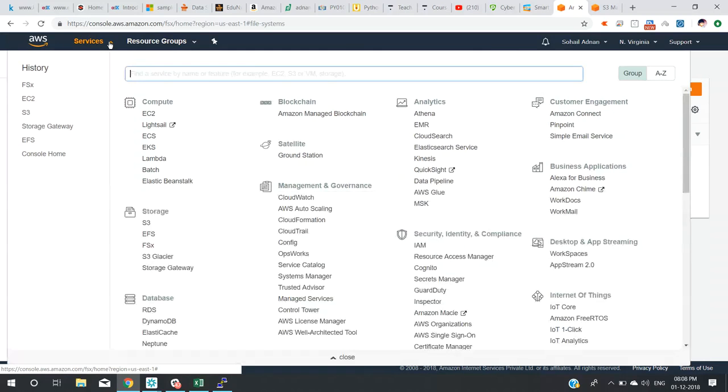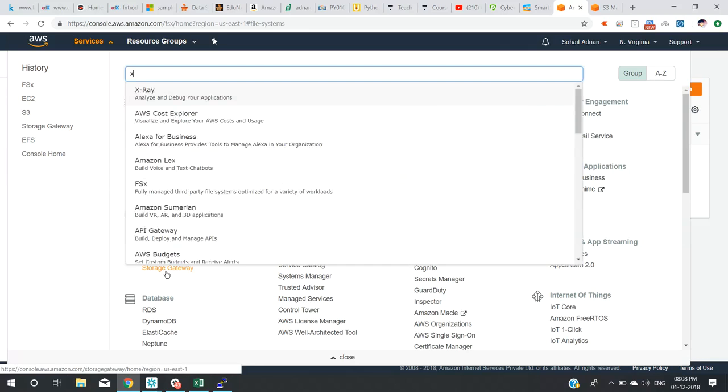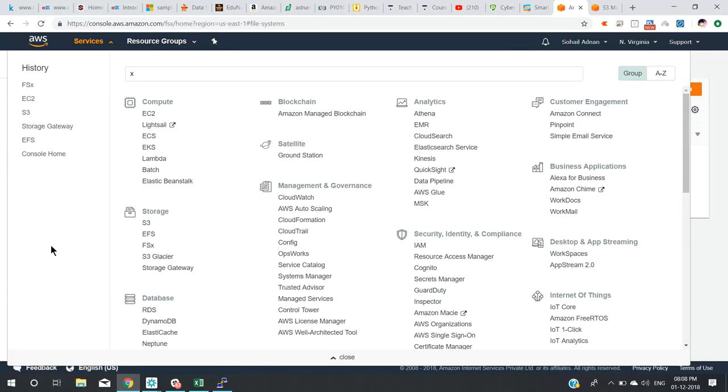Right. S3 we have done, EFS I did yesterday, Glacier did it, Storage Gateway today. So this covers the storage capabilities that AWS has, right? Now moving forward,